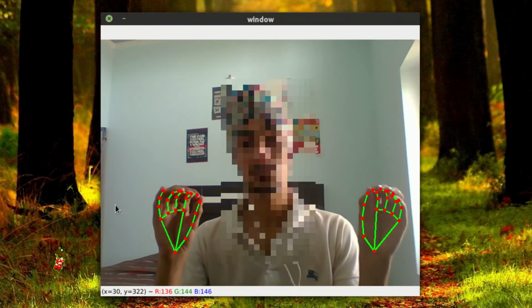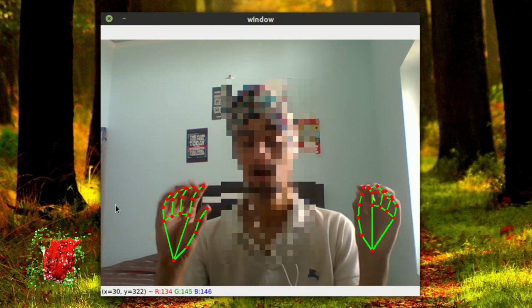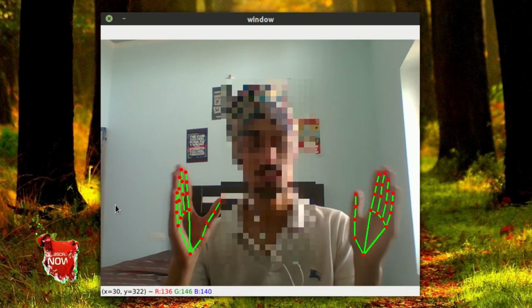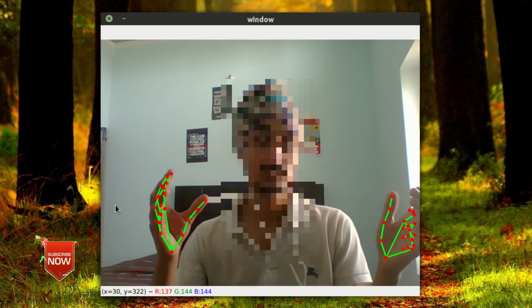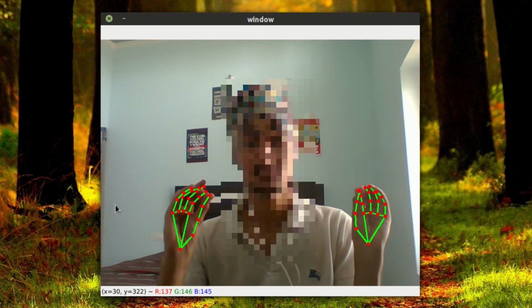So you can quickly get an idea of how quick it is to process all the images. It is running in real time at 30 frames per second, even on CPU. I hope you are all excited to see how it works, and I am super excited to take you through all this. Let's start the video.